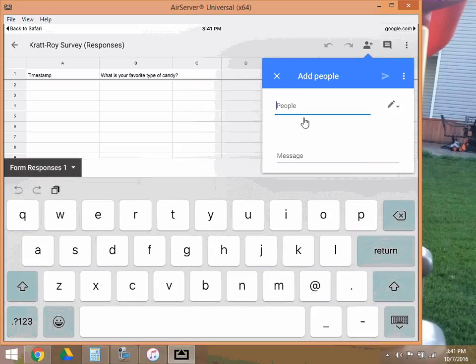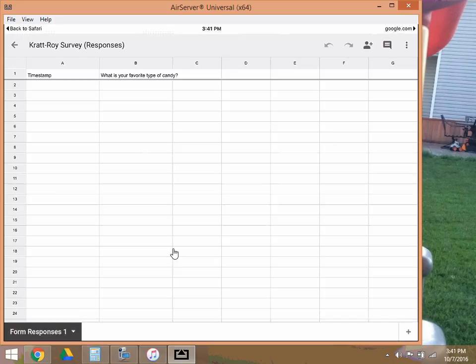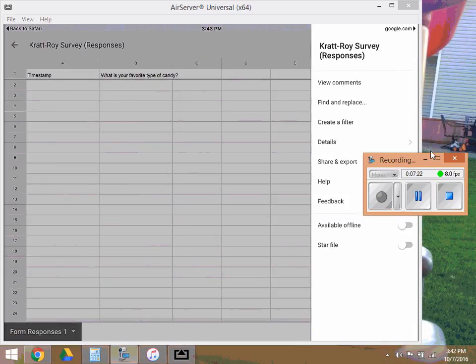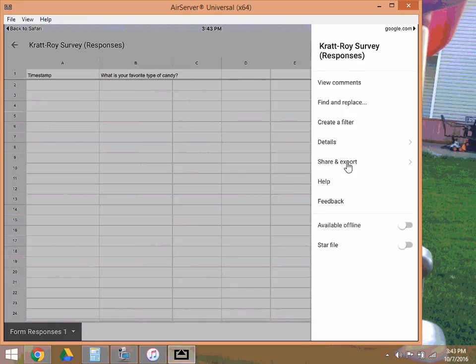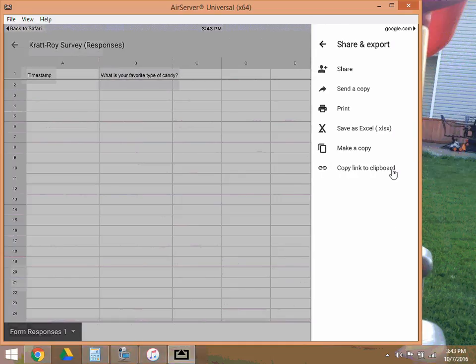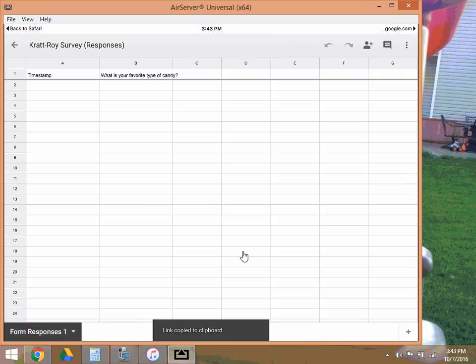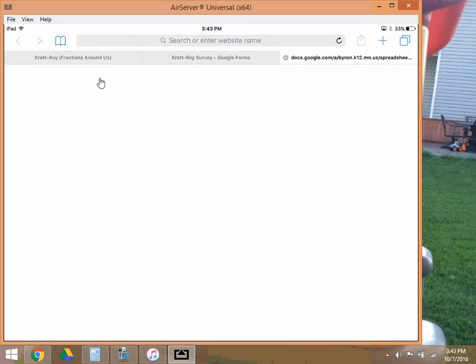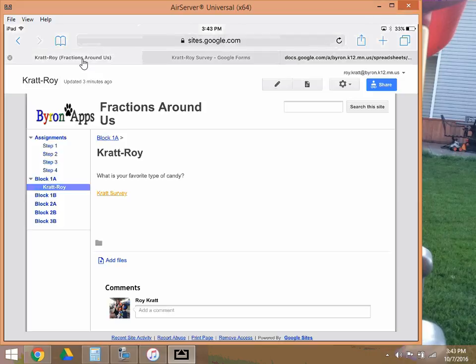All right, and then at that point, I'm going to want to grab the actual link. So in order to grab the link, I need to click on the little three buttons over there, and then I'm going to go down to share and export, and I need to click copy link to clipboard. Okay, and then down here it says link copied to clipboard. So at this point, I need to go back to Safari,